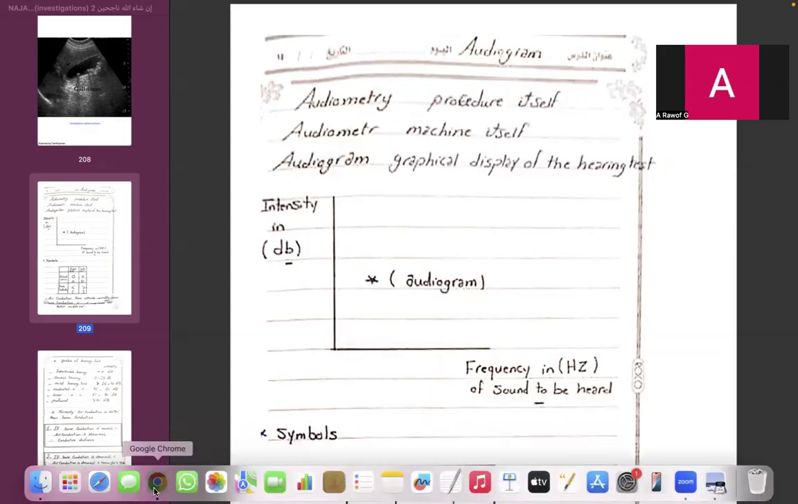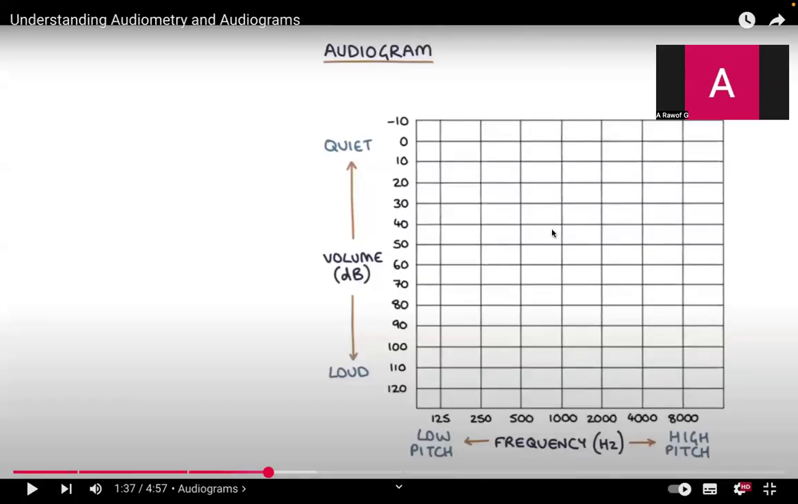As we see here, on the x-axis there will be frequency in hertz, that is the frequency of the sound you play, and this is the volume in decibels, or intensity in decibels, which you are going to hear. For example, if you hear a sound of 500 hertz frequency played at 15 decibels,